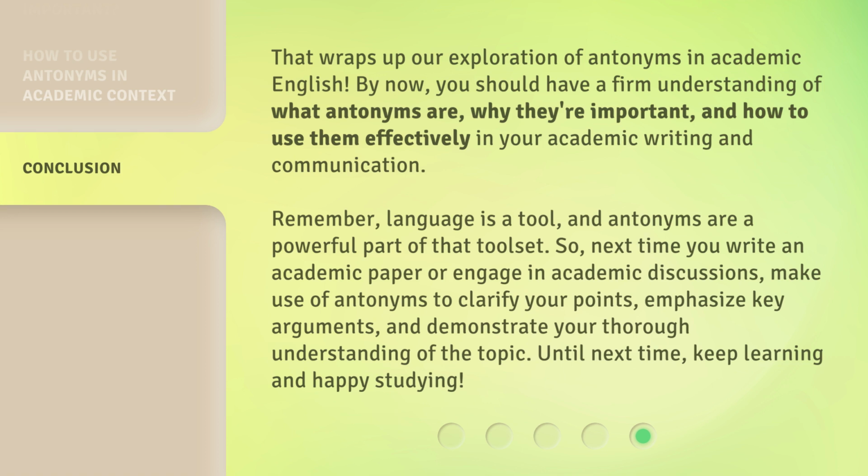So, next time you write an academic paper or engage in academic discussions, make use of antonyms to clarify your points, emphasize key arguments, and demonstrate your thorough